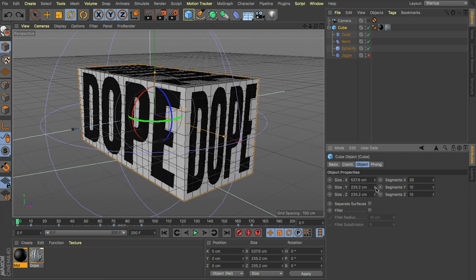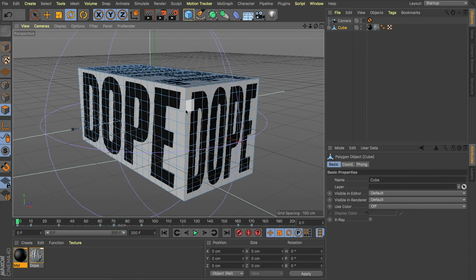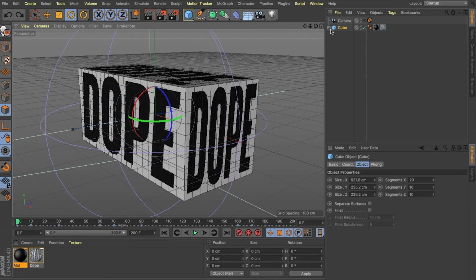And just give you a heap of control with the flexibility. But what I don't want is this texture applied to these side faces. And because our cube is still a primitive, I'm actually not able to select any of those faces. Just to demonstrate, if I hit C to make that editable, now we can start selecting our faces to make a selection. I'm going to undo that because ultimately I want to keep our cube as a primitive.